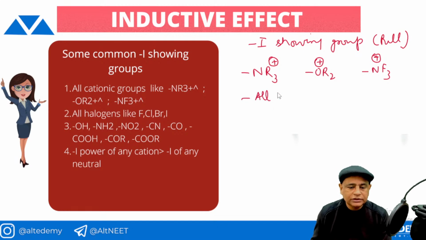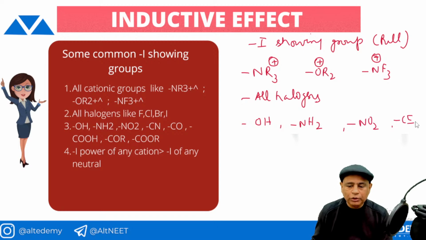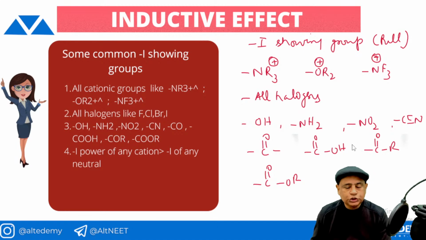All halogens are minus I showing groups. Groups like OH, NH2, NO2, C triple bond N, C double bond O, COOH, C double bond OR. Look here. These are some groups which show minus I, negative inductive effect. And there is a very important point mentioned here, that minus I power of any cation